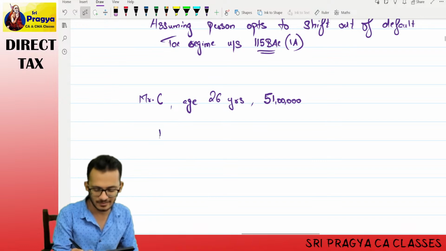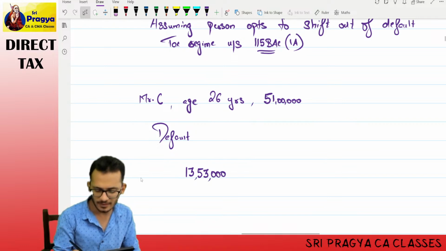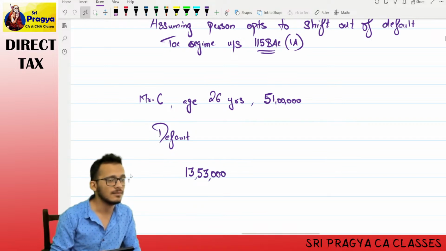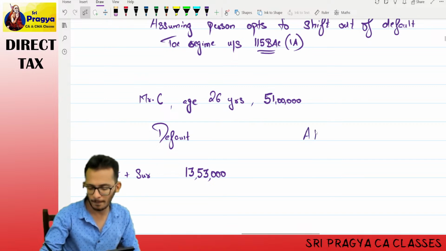Have you done default first? Default: 13530000. This is your basic tax plus surcharge. Right side, alternate. Basic tax plus surcharge. Number is